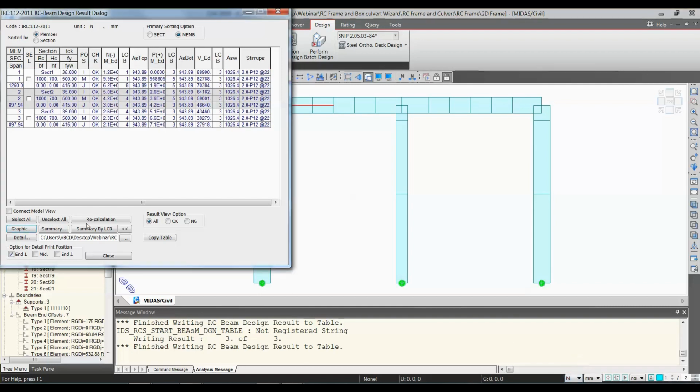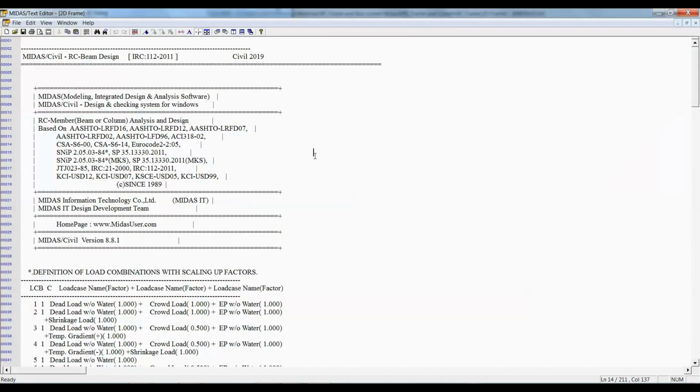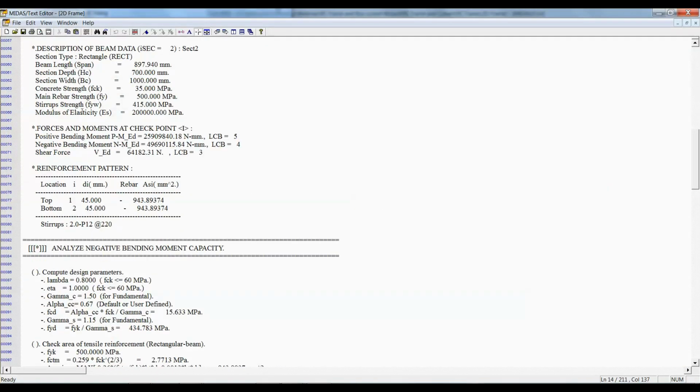I'll change to Newton mm so it would be easier to understand. Now I'll go to detailed report. So first there are load combination, then there are the description for the beam that are used for the design, and then the forces and moments, which load combination it is critical.